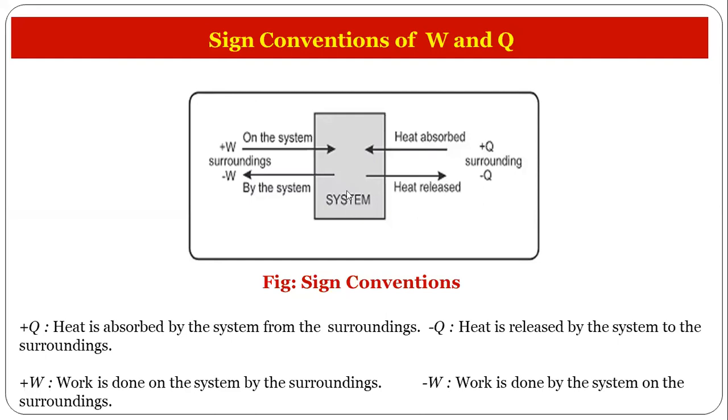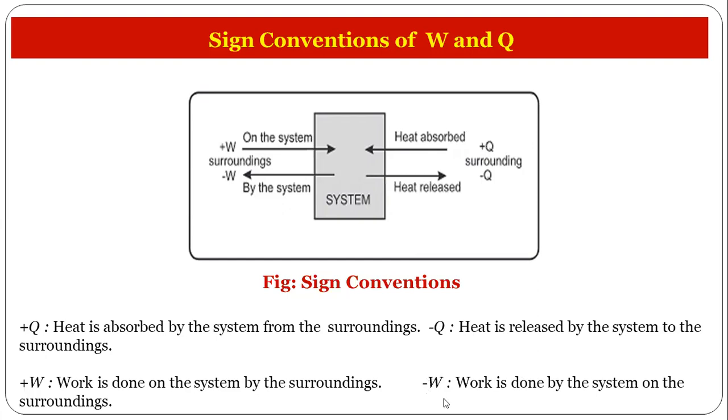In this system it is shown at the center. First I will discuss this W. Work is done by the system on the surroundings, remember. Just it is misplaced to this side, but actually it should be here. So minus W, remember, first minus W means when the system expands, the work always will be negative, remember. When the gas expands, the work is done by the system on the surroundings and W is negative.